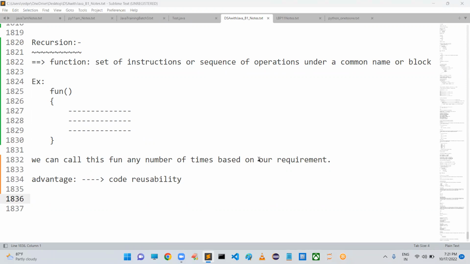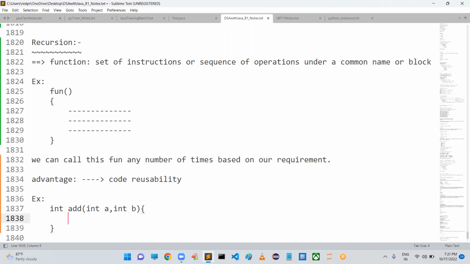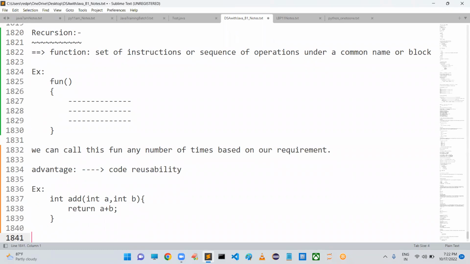Okay, fine, no problem. I want to perform addition of two numbers. Can you write a function for that? Yes, we can write it. For example, integer add of integer a, integer b. It just returns a plus b. It is a function. If you want to perform addition of two numbers, we can call this function.